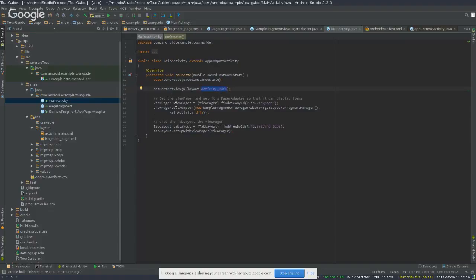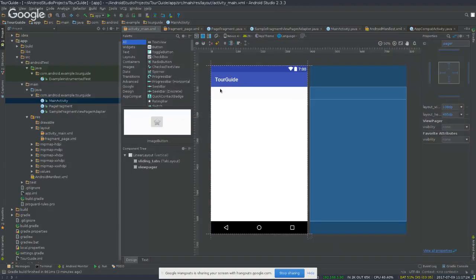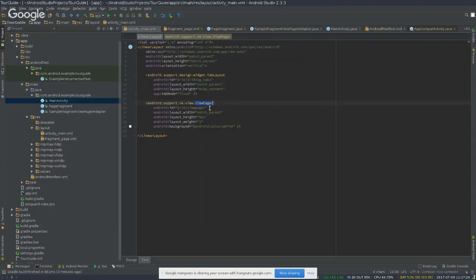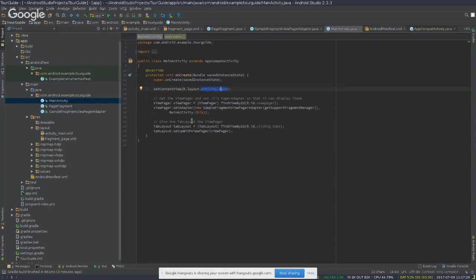We then get a handle to the view pager defined right here so that we can initialize it and set an adapter to it. Now remember, I'm just going to take one step back here to re-explain quickly that an adapter, this is a pattern that is true across the whole Android framework, where an adapter always provides the data to the element to which it is associated. So yesterday, as we were going through the list example with this associated adapter, if you recall, what we did was that we created a list view